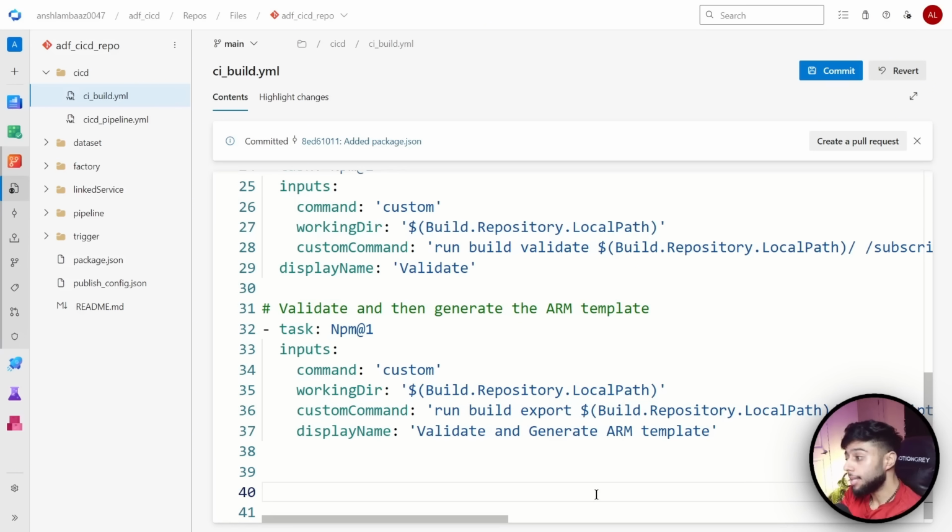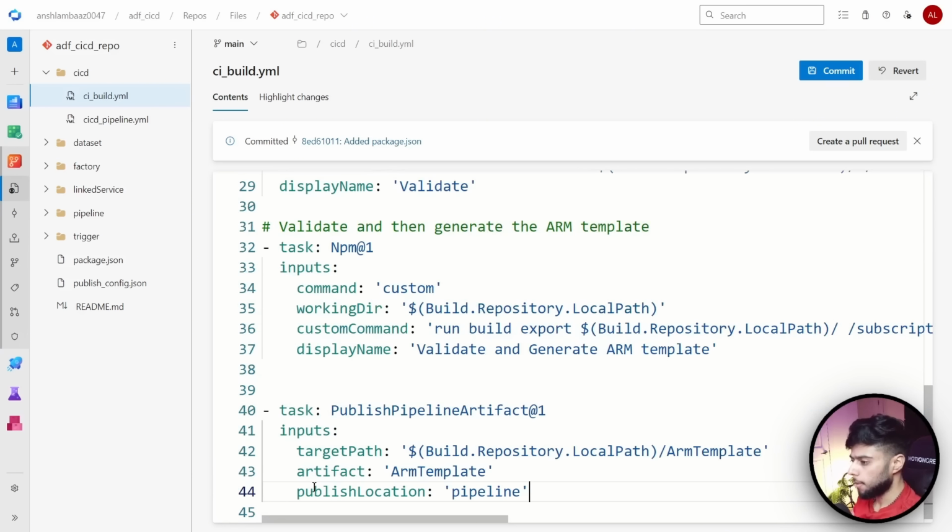As I just mentioned, this particular machine which will be running our code will be deleted and we cannot use that machine again. So what we need to do is publish the artifacts. We will simply say, hey, whatever you have in your machine, simply hand it over to us. So simply say publish the artifacts. Now, whenever we say we want to publish the artifacts, it has a lot of